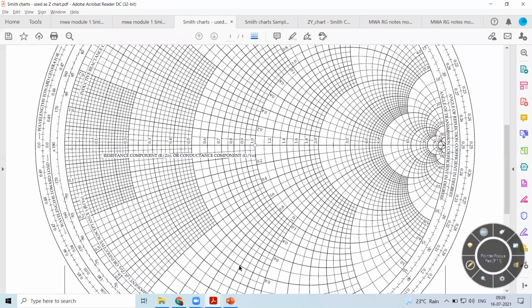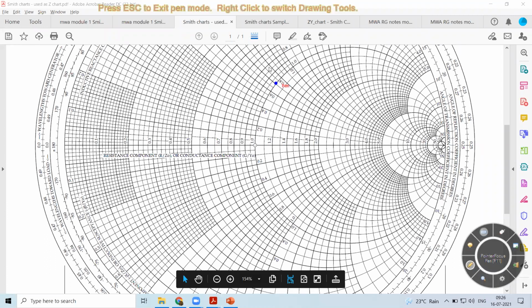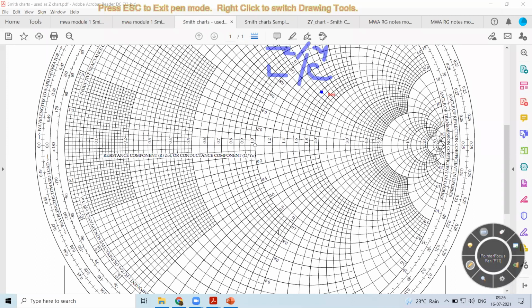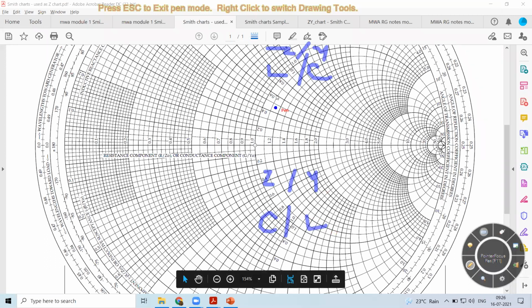So this is the Smith chart. This is available. This is the Smith chart, which is the Z chart. The same chart can be used as an admittance chart using the same orientation. But you have to keep in mind that when you're plotting, you'll be plotting in the upper half part L or C, depending on whether it is impedance or admittance. And in the lower half, you'll be plotting the capacitance if it is Z, that is impedance, and if it is Y, you are plotting the inductance. So in this case, it will be positive and negative. But when you rotate it, it will be changed over there.